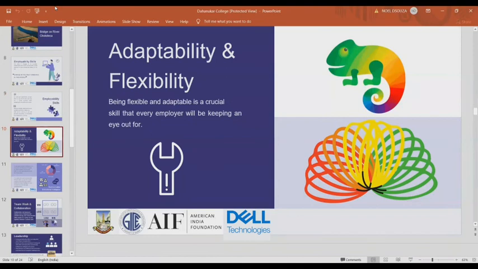Again, I would like to throw up a question. Same. You can put it up in the chat or unmute. What is the biggest adaptability and flexibility aspect we all have learned in the year 2020?